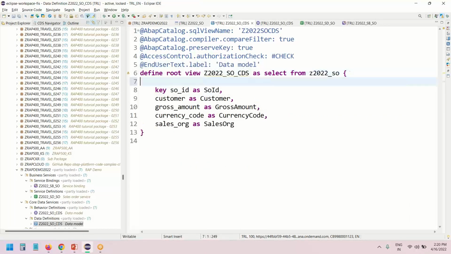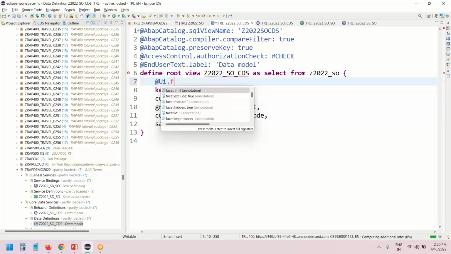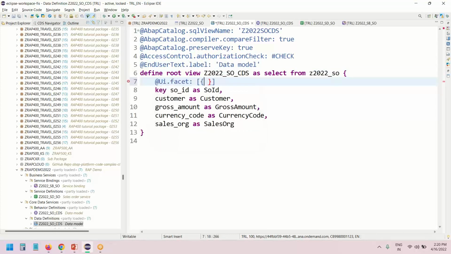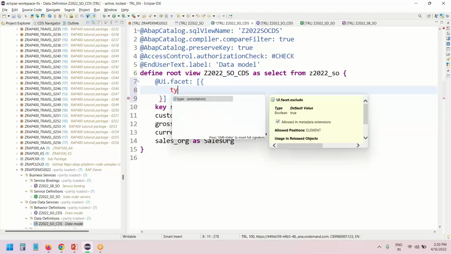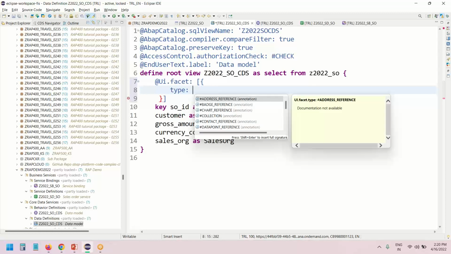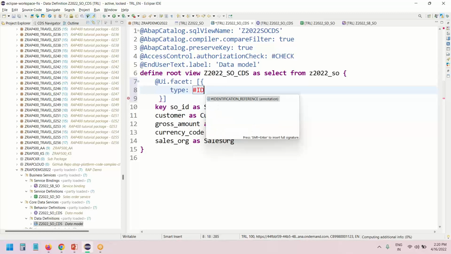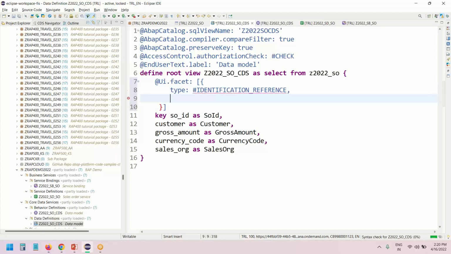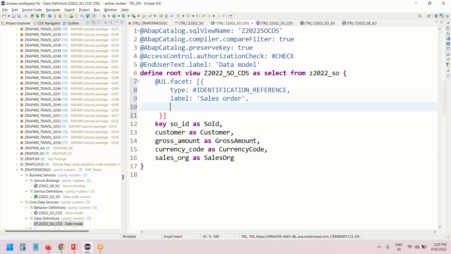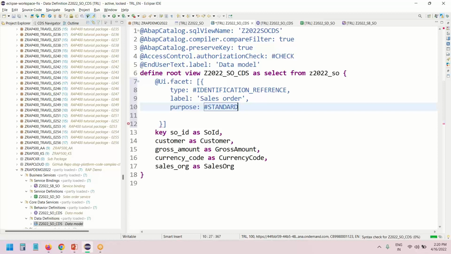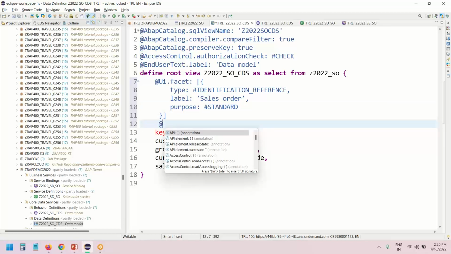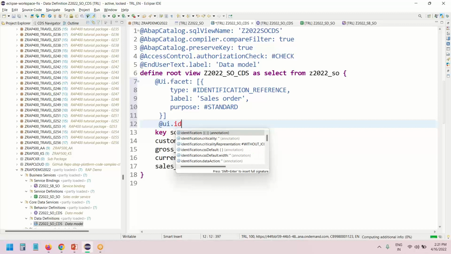Our main annotation is called a UI facet annotation, because we want to add these fields as UI fields on the screen. So we are going to create a UI facet as identification facet, and let's call it as label. And then we will choose it as a UI facet. Yes. And now we will add the fields as identification annotation,